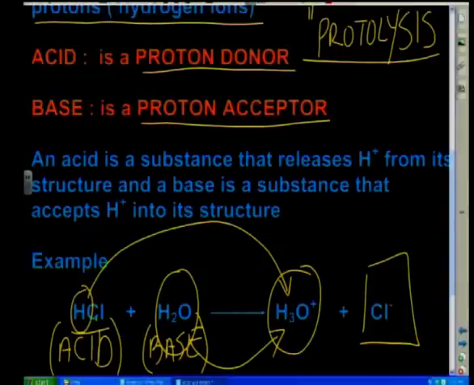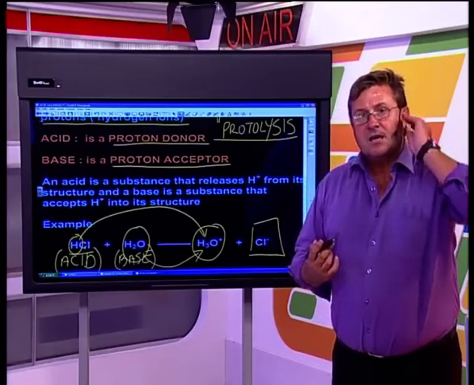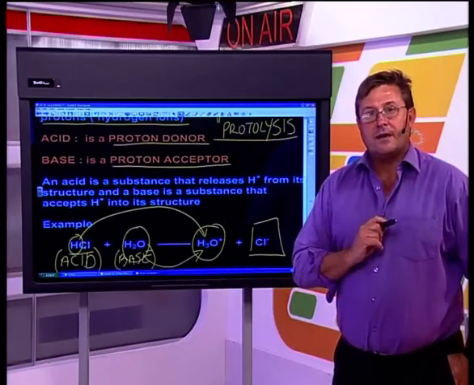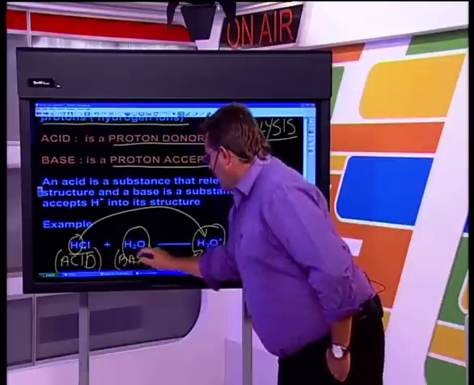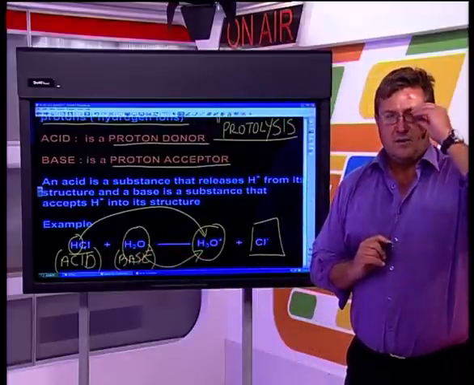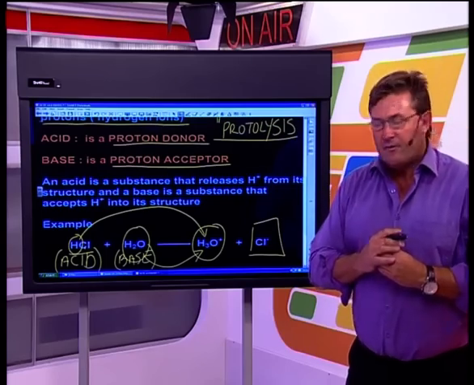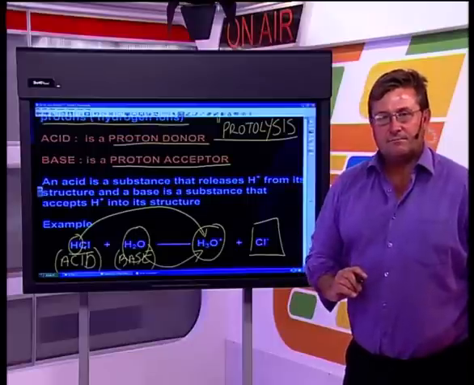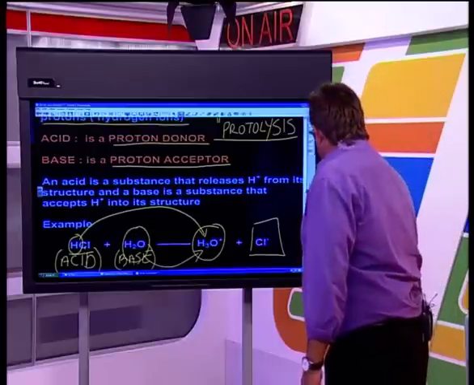What does that represent? Well, that simply represents the leftover residue from the hydrogen chloride. So the important thing is now, have we been able to identify our acids and bases in the reaction according to Bronsted and Lowry? Yes, we have. Proton donor, proton acceptor. Let's look at other examples.